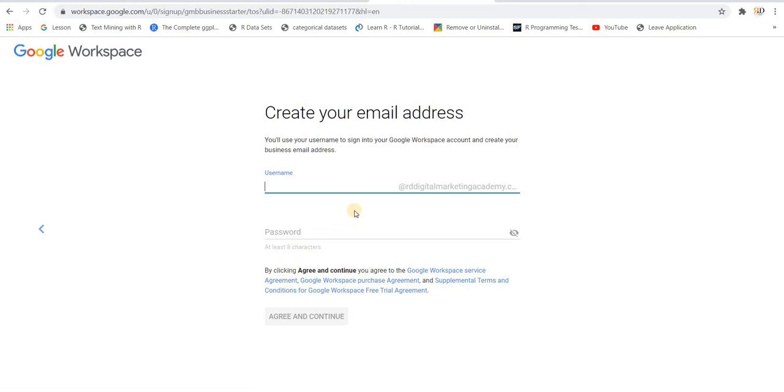Now username. This is how you will get your email ID. Something like, let us say, support@rddigitalacademy.com. Whatever password you wish to set up, you can set up.